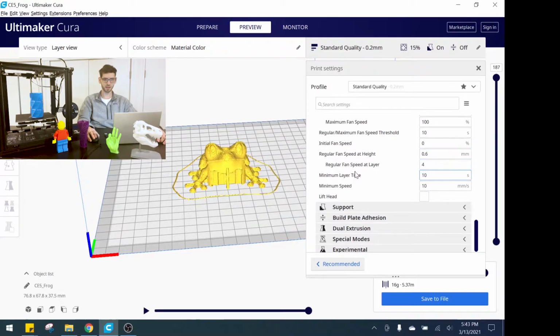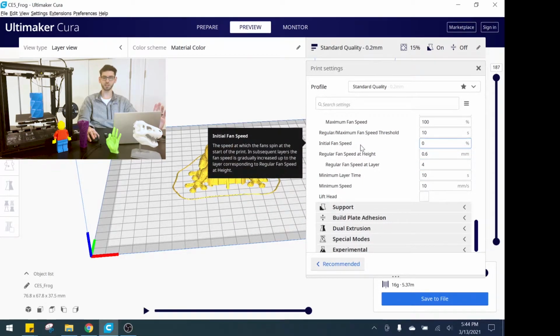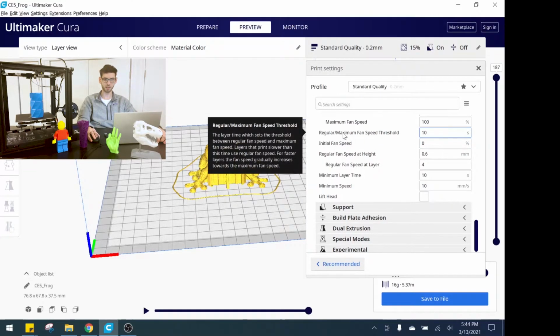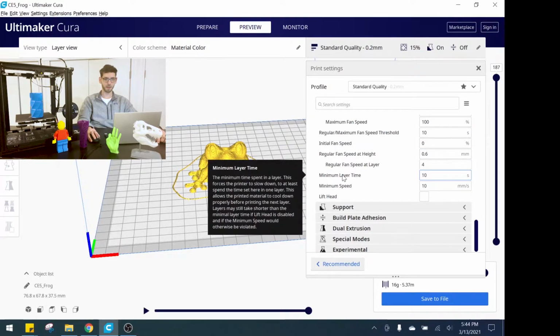And some of these other settings, again, are related to the speed of the fan. So you can look at these: initial fan speed, regular maximum fan speed, threshold. This one here is definitely interesting. It's called your minimum layer time. So as you get towards the very end of a print, and this is a great example, when you get to the top of this print, you're here on the